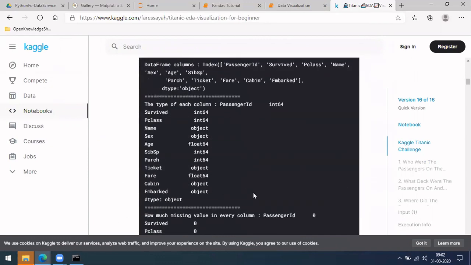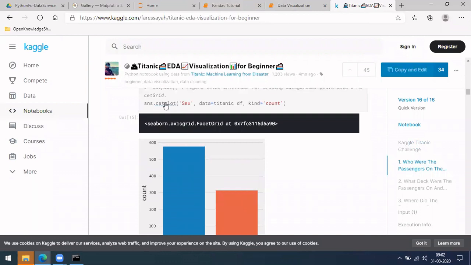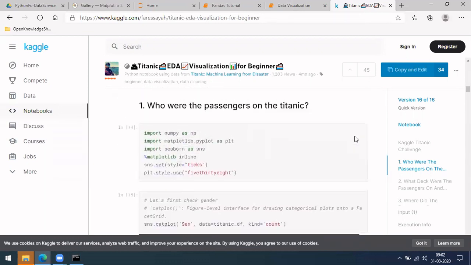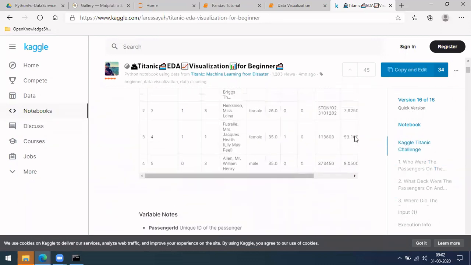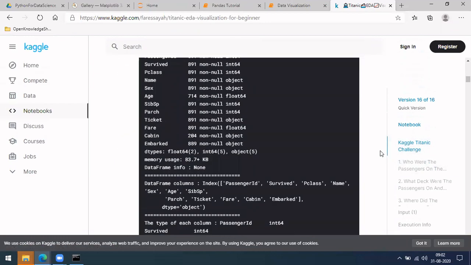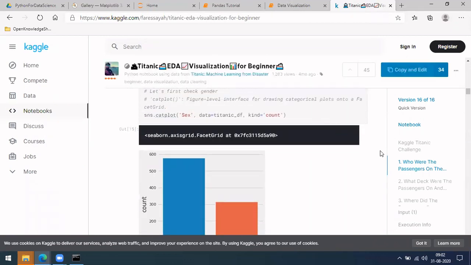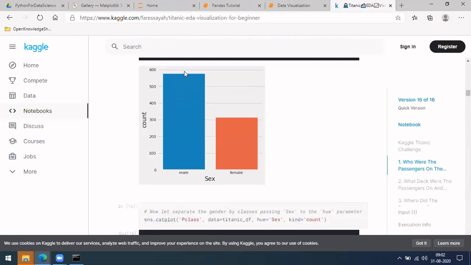For those, you can use this cat plot, which is categorical plot, and give whatever column name you want to plot categorically, and data equal to the data frame name. Just the df that we use. Similarly, here it is saved in Titanic df. So this is a seaborn plot where kind is count. Count will automatically give you a count plot here.